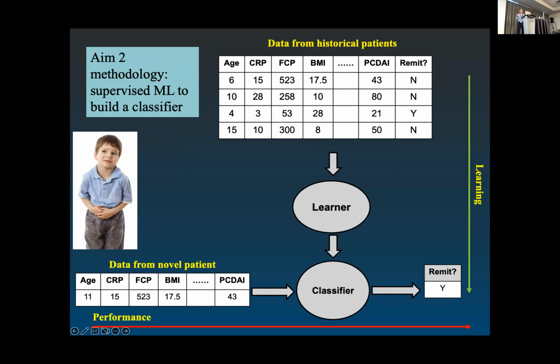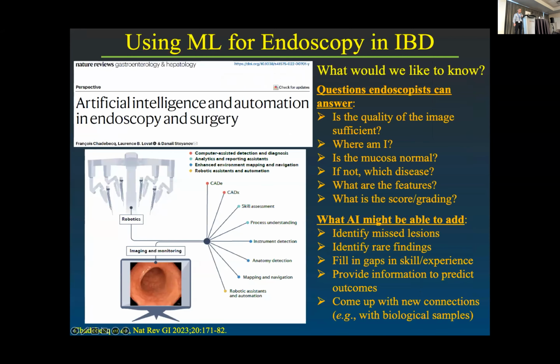Now, what we're hoping to do, and this is again my hidden agenda as someone who's interested in the biology, is also fit in a lot of the pathophysiology that will be measured by the microbiome data and metabolomics. This does introduce challenges that I'll discuss in one of the next few slides, but this is where I hope that we'll be able to not only identify the patients who may benefit from this, but also get some hypothesis generating evidence for the pathways that might be involved that we might be able to interfere with in different ways.